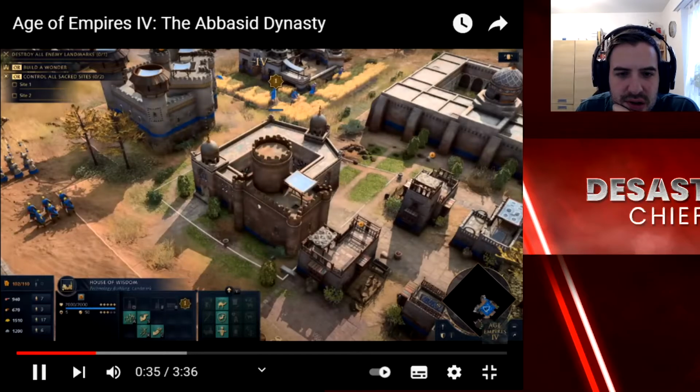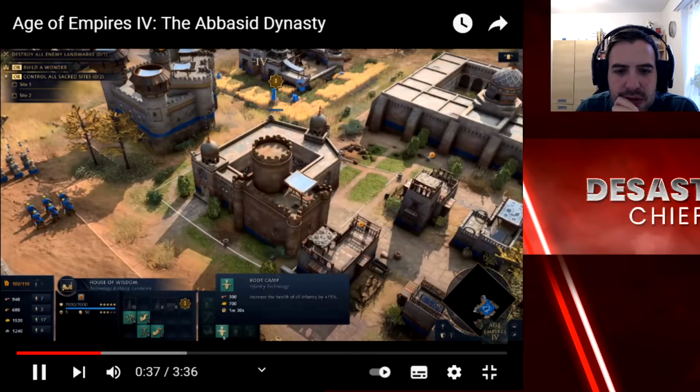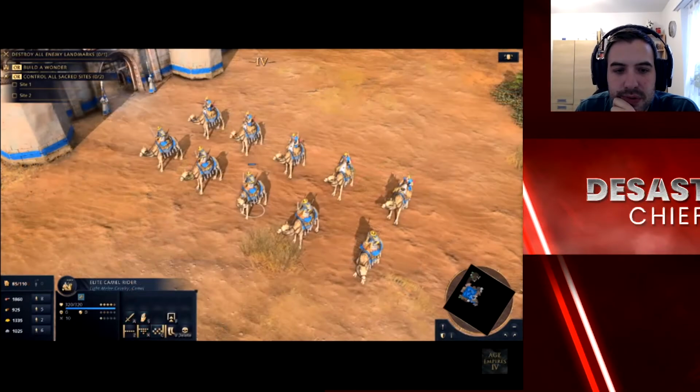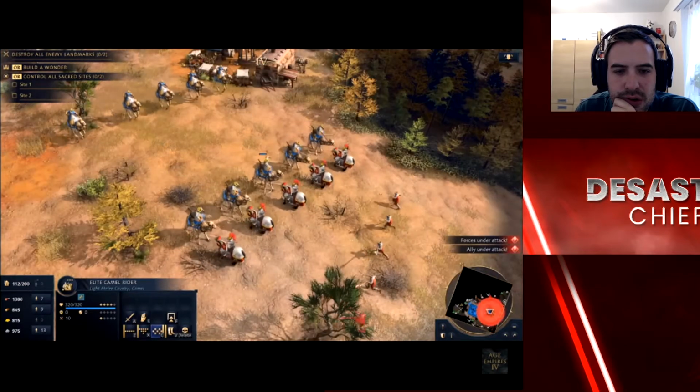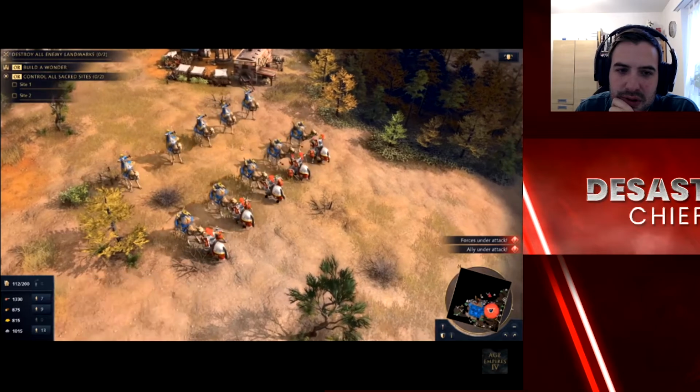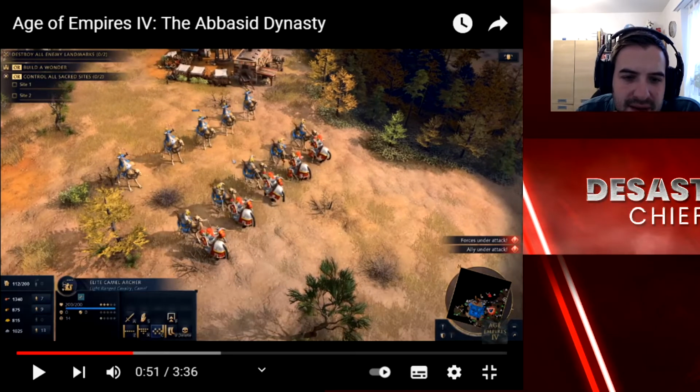work? They also benefit from technologies that increase spearmen's health and extend their range, making them a sturdy force to overcome. In Age of Empires 4, camel units are also a staple of the Abbasid Dynasty's civilization's military. Camel riders can hold the battle line against tough opponents with their high health, while So it seems like they